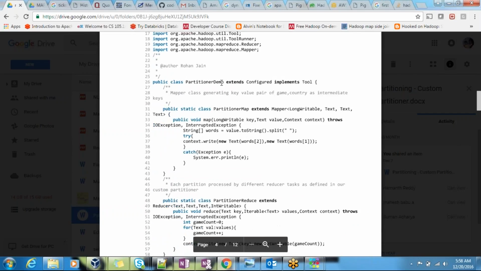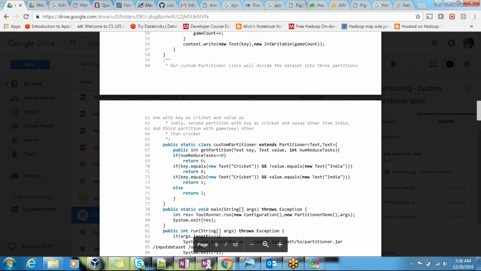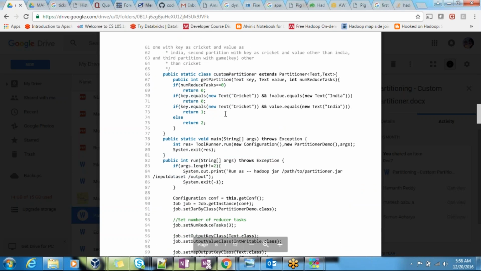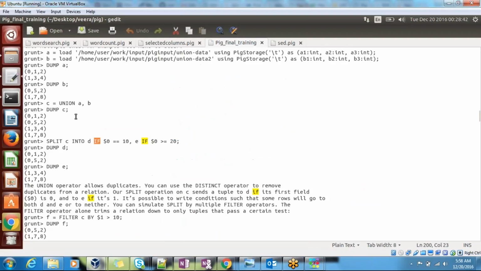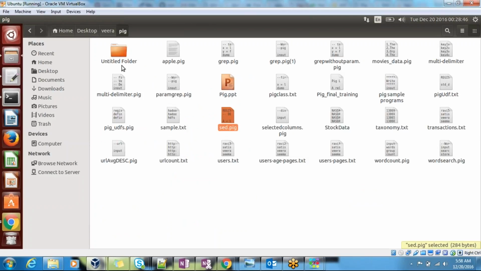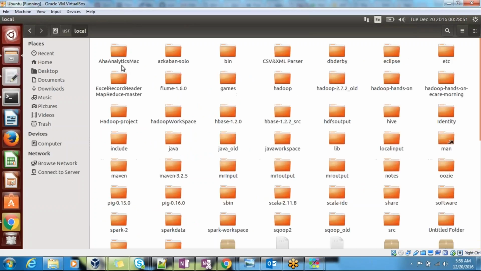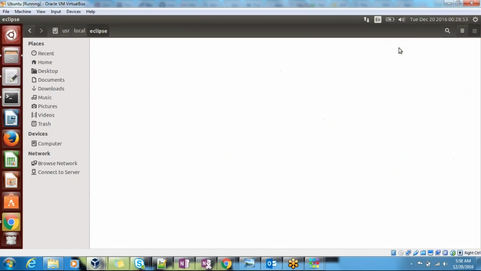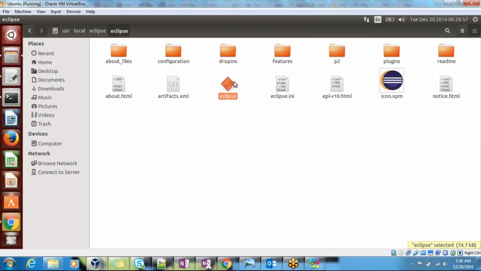Let's say here I am writing my partition logic. I'm going to write my gender partitioner, or custom partitioner. Let it load in the meantime.